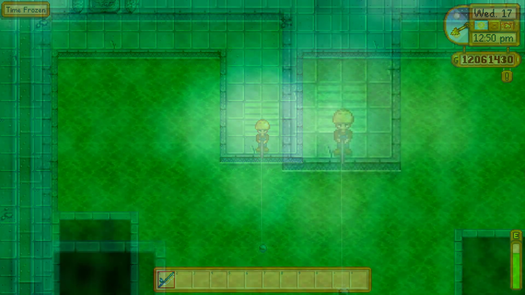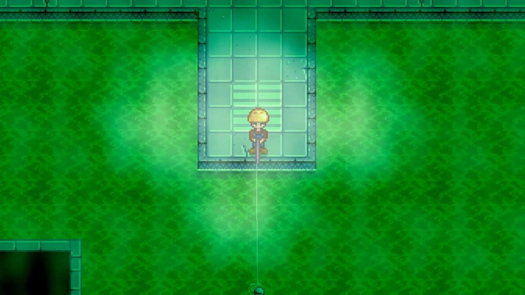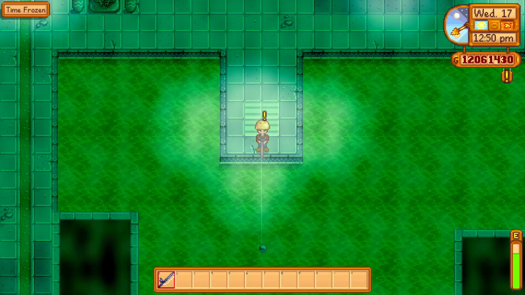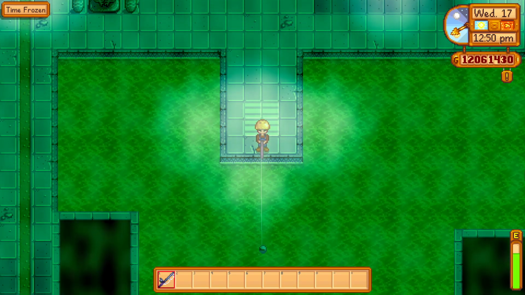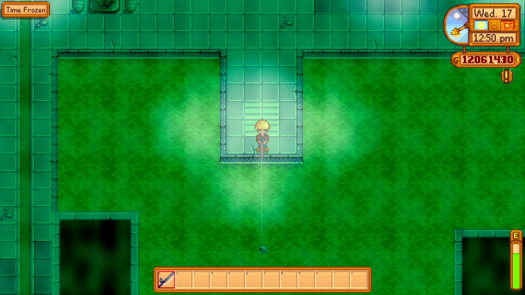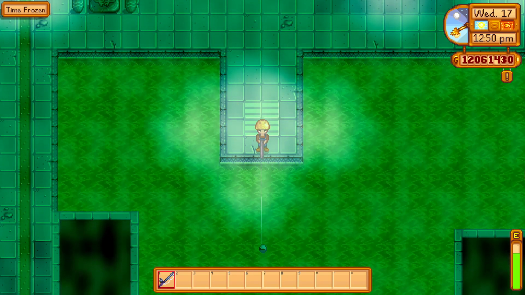All you have to do is go into the area that has radioactive goo, or whatever it's supposed to be, and just fish anywhere in here. Any of this liquid will be able to give you access to the Radioactive Carp. And with that, that is all of the new legendary fish in Stardew Valley 1.5, and those are all the